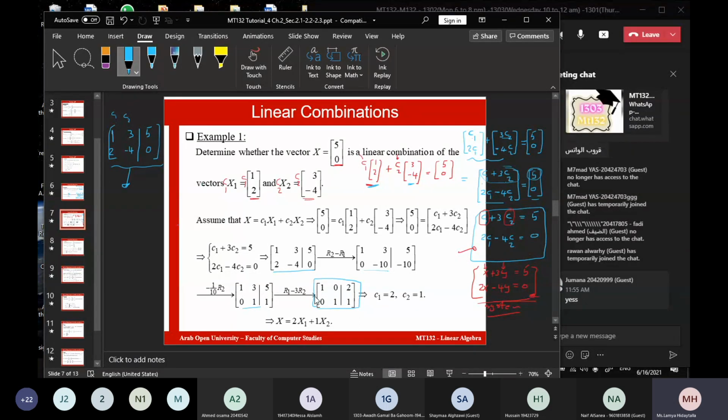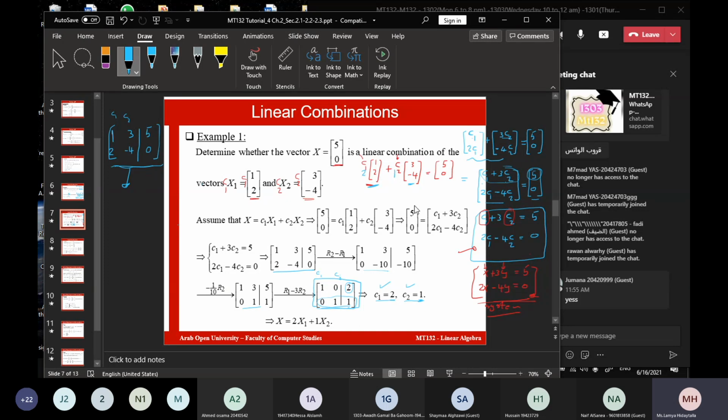Just the same steps to solve the system of linear equations. So I reach here, and this is C1 and this is C2. So 1 times C1 plus 0 times C2 is equal to 2, so right away C1 equals 2. And from the second row, C2 is equal to 1. So I got constants such that when I multiply the first by 2 and the second by 1,